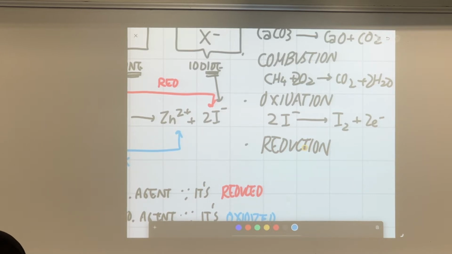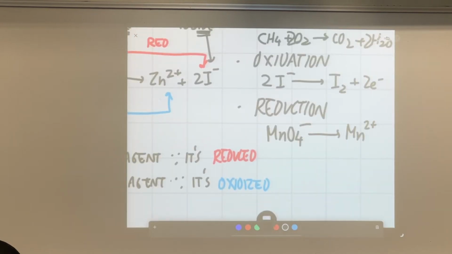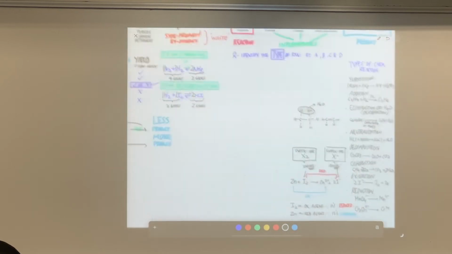What are the 2 oxidizing agents that you all should be very familiar with in organic chem? KMnO4. What would MnO4 minus be reduced to? Mn2 plus. So what is the color change? Purple to colorless. And what about the other oxidizing agent? Dichromate. It will be reduced to Cr3 plus. What is the color change? Orange to green. So purple to colorless, orange to green. These are reductions.